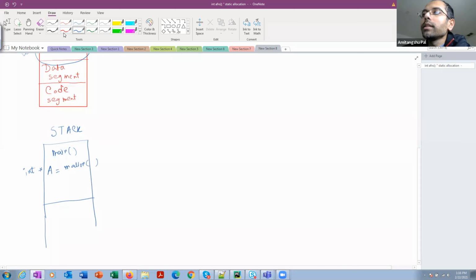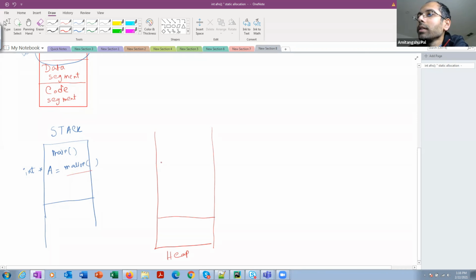As I said, malloc will allocate memory in the heap space. In the heap space it is going to allocate sufficient memory to store the number of integers.